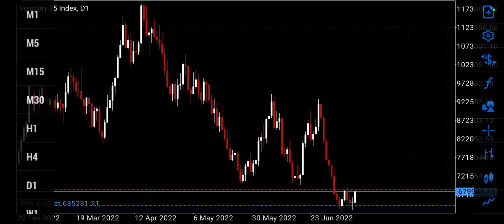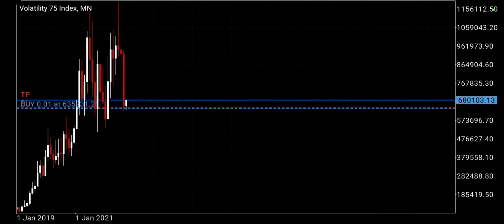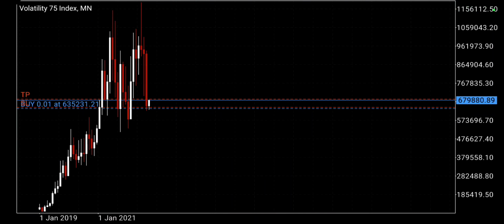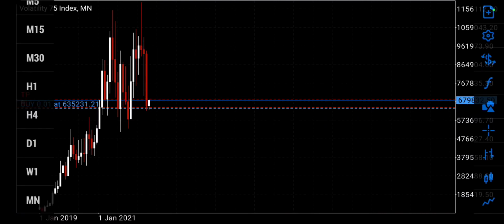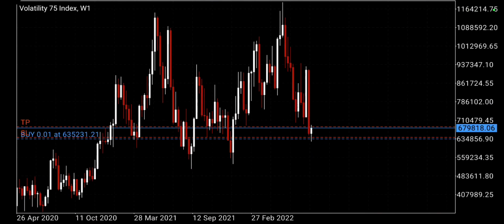So as always, we start at the top, but remember, if I go to monthly, we won't see anything new. It's still the same setup as what we said in the previous video. We can say that we're inside the monthly support, and the monthly resistance is up there. So on monthly, there's really nothing different to the previous setup. And then we come down to